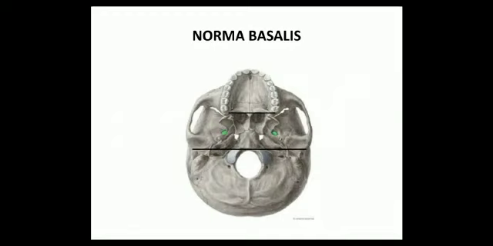The Norma basalis can be studied by dividing it into three parts. The anterior part, which is formed by the hard palate and the alveolar arches. The middle part between the hard palate and the imaginary line passing through the anterior margin of the foramen magnum, and the posterior part which is behind the line passing through the anterior margin of the